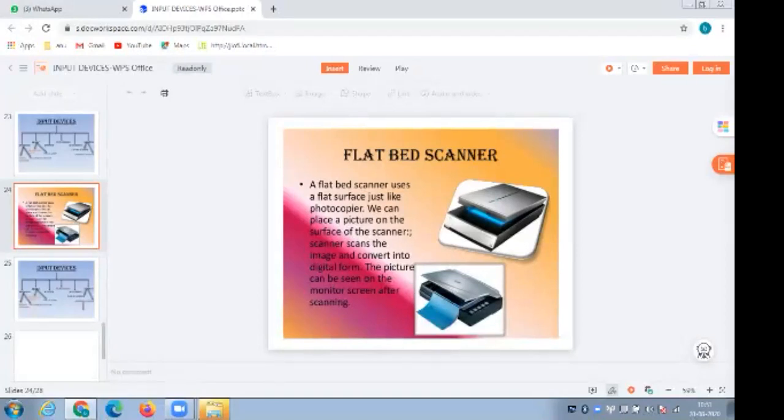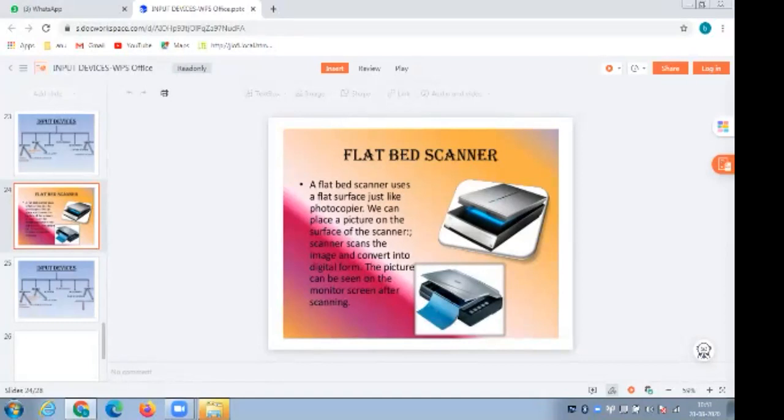It is located inside the phone itself, and that is never considered a scanner. But here we can see a scanner where we put an image inside, which scans directly and sends it to the computer. After scanning, the system receives the scanned part. So it is called an input device.